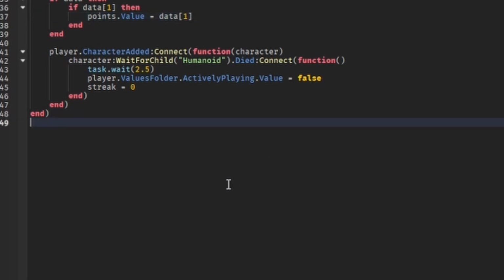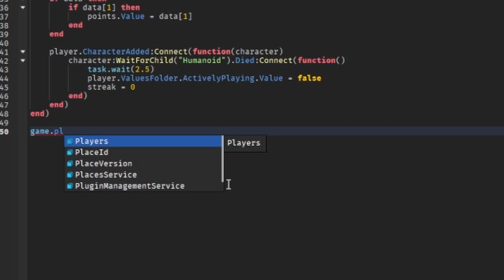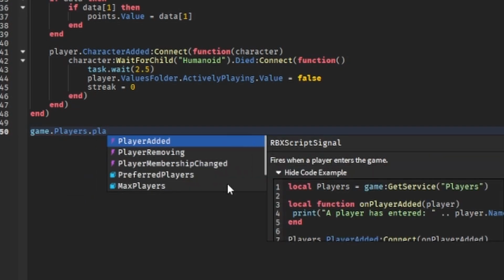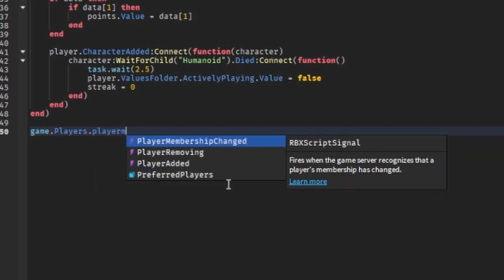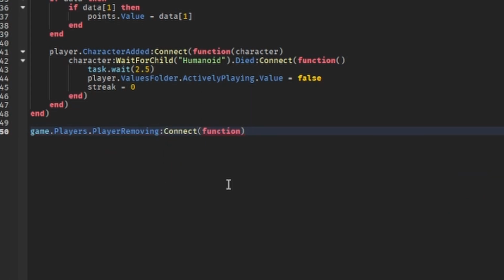Now at the bottom, game.Players.PlayerRemoving:Connect function